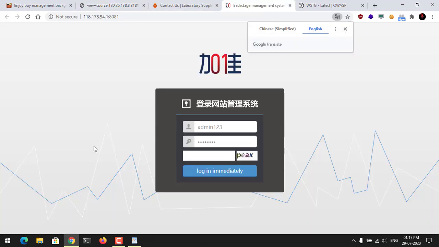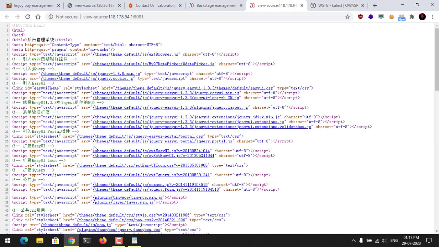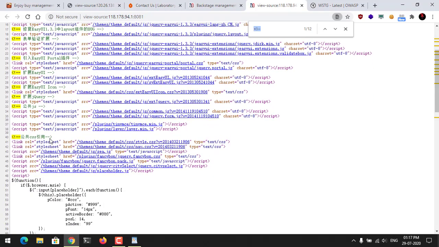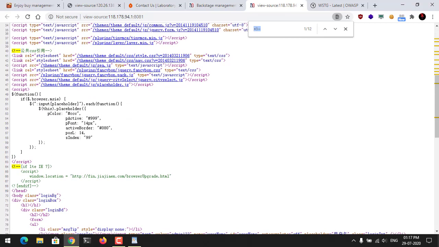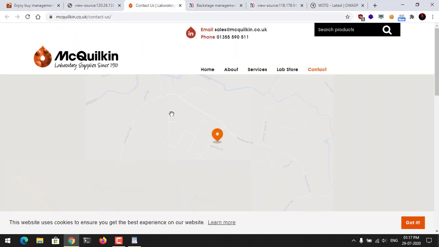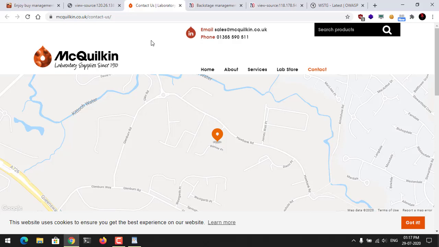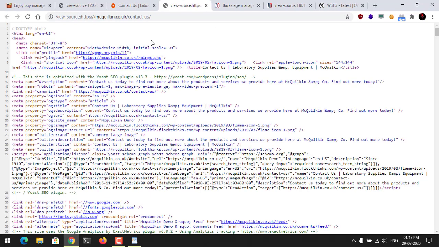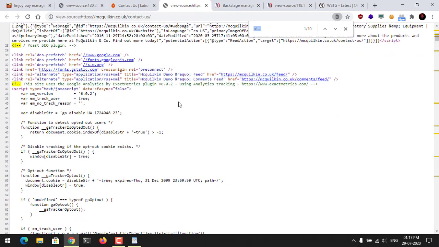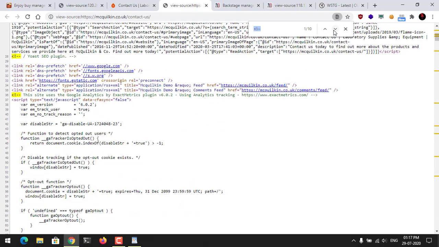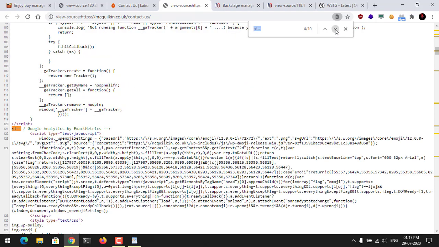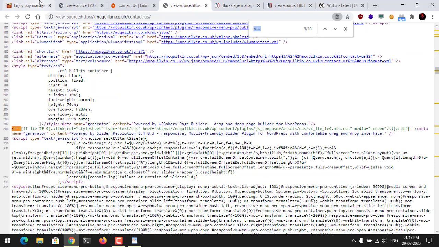I was also exploring this one, and here also I didn't find any juicy information regarding the web application. Here also there are almost 10 comments, but I went through them, looking at this comment, next comment, next, and it was not very juicy information.